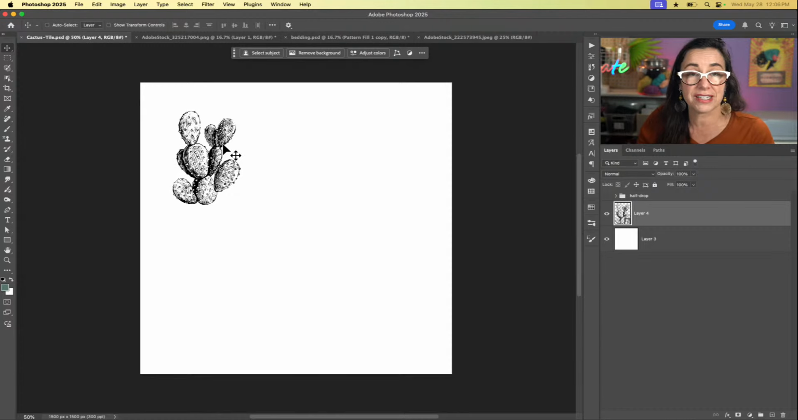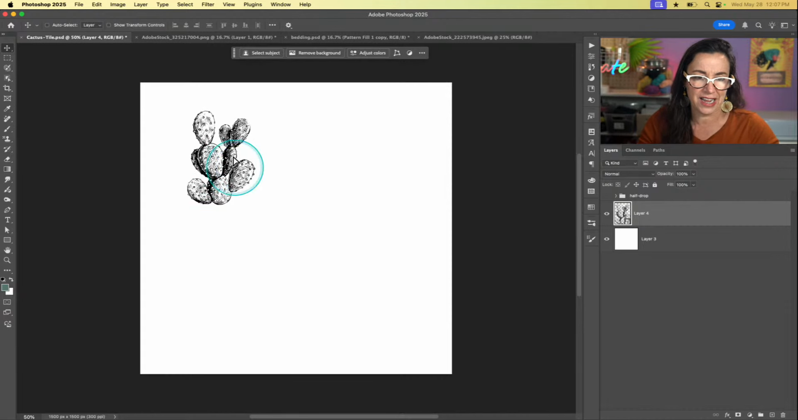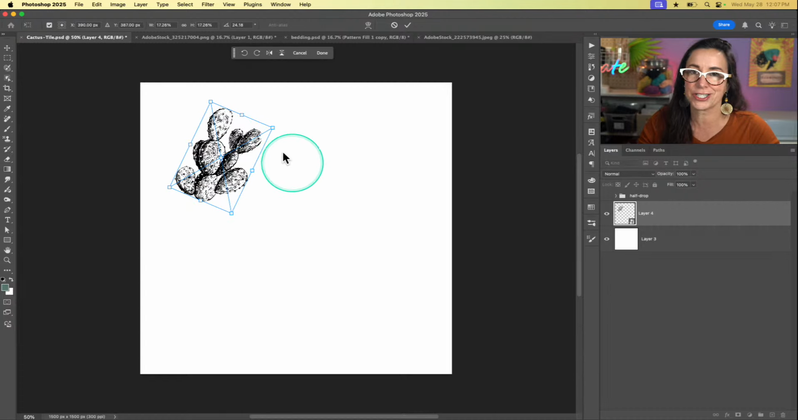Like in Illustrator, you can tell it you want a hexagonal repeat. You can have offset brick patterns and all kinds of different tiling patterns. But in Photoshop, it's way more straightforward than that, but we can still have a lot of fun with it. So I'm just going to pop in this little cactus here, and I'm going to try to toss him